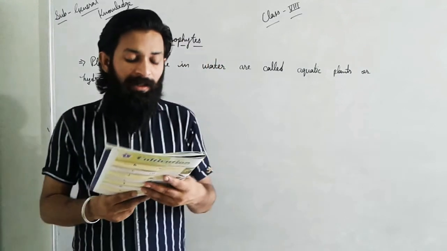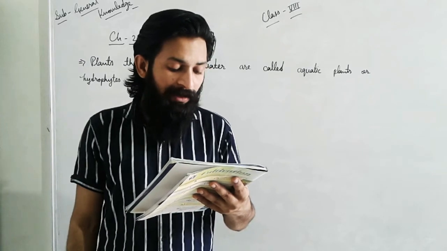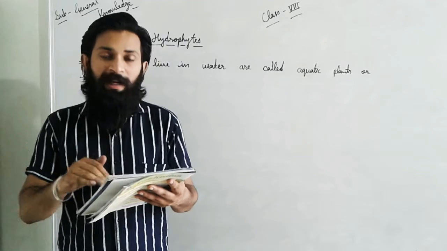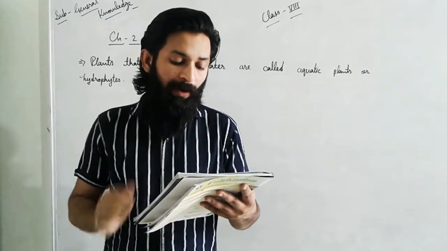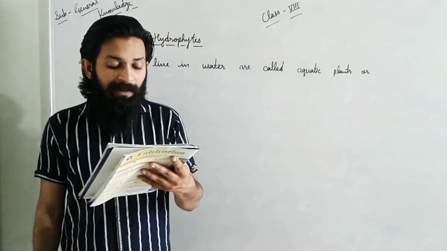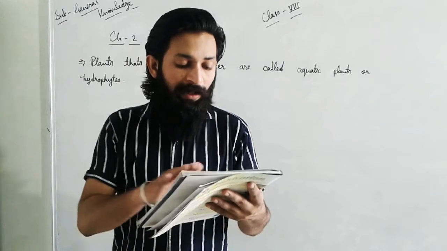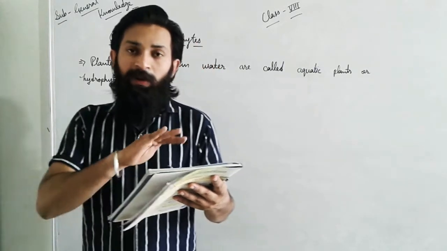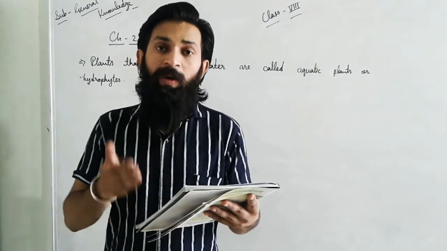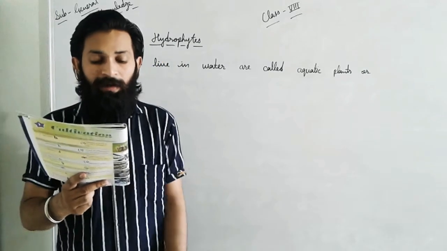Dear students, third is here. The blank is an example of fixed plants. Its roots are fixed at the bottom of the pond. Its stems are long, hollow, light and flexible. Its leaves float on the water surface. Then we can say that it is the water lily. Water lily leaves float on the water surface, and the stem is also hollow, long, light and flexible. This is about the third one.